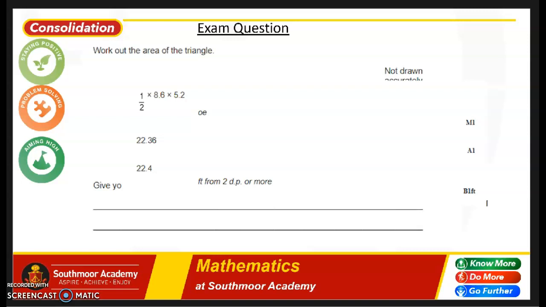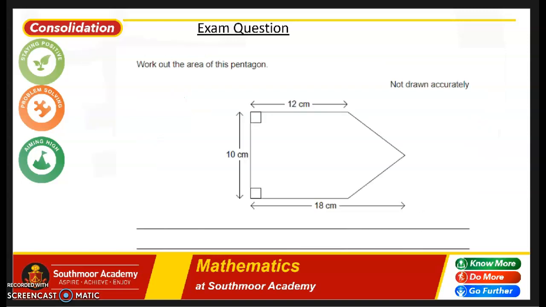You've got another exam question on the next screen. So again, this is question 1, this is going to be question 2. Pause the video to allow the students time to have a go at the question, and then I'm going to show the answers. So you need to work out the area of this pentagon. So split this up as best you can. I'm going to give you a hint to split it up into